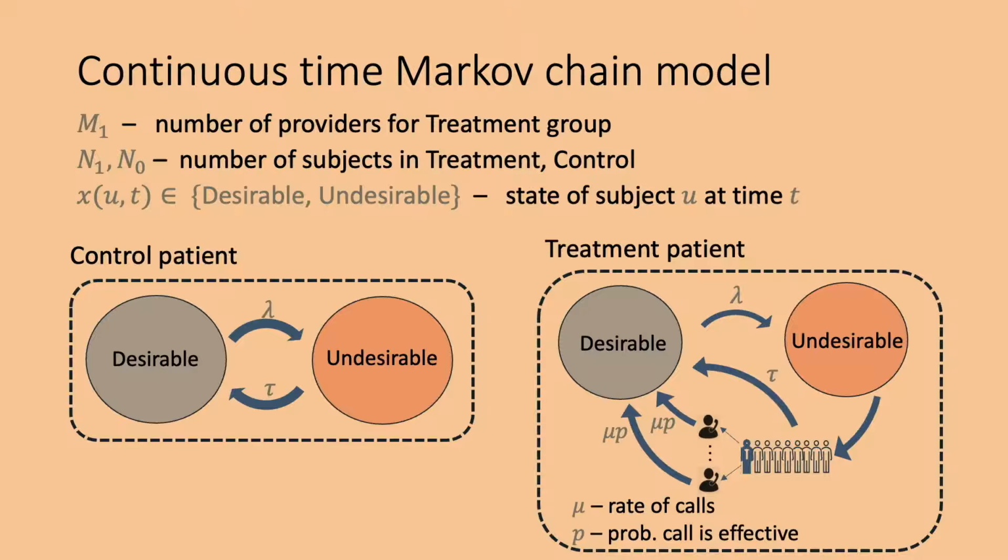And patients who are waiting to be called can transition back to the good state themselves, of their own accord, just like the control patients can transition back to the good state. Okay. And so this is our model of the underlying system behavior. And we're going to use this to say, if our system actually does follow a model like this, what would we end up measuring in an RCT? We're not actually going to be estimating any of these quantities. We're just going to use this as a data generating process.